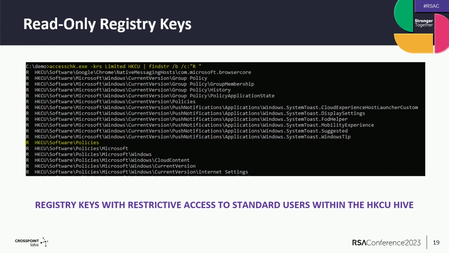The second thing is that I also did a similar test where I ran AccessChk on the local machine registry hive to find out if there are registry keys that the standard user does have write access to. I found a bunch of those, but none were interesting in the context of AV and EDR, meaning even if I was able to create a symlink under those locations, it would have been difficult for me to trigger the AV or the EDR to delete those locations, including the symlinks. I also didn't spend too much time investigating whether that is actually possible or not.